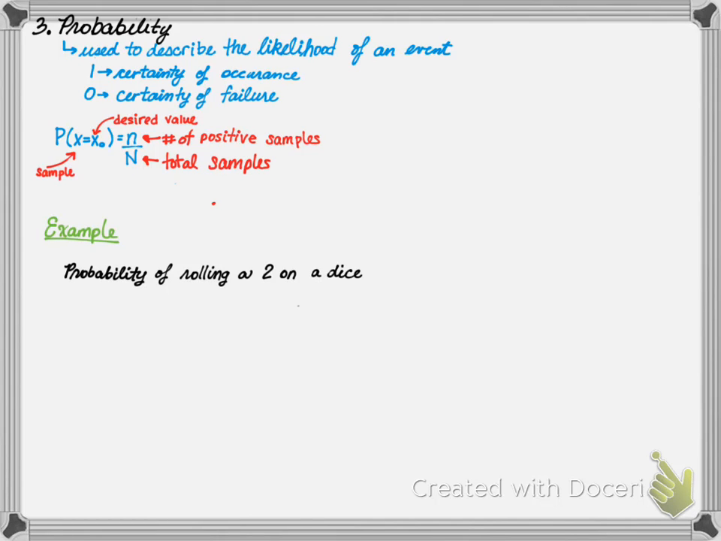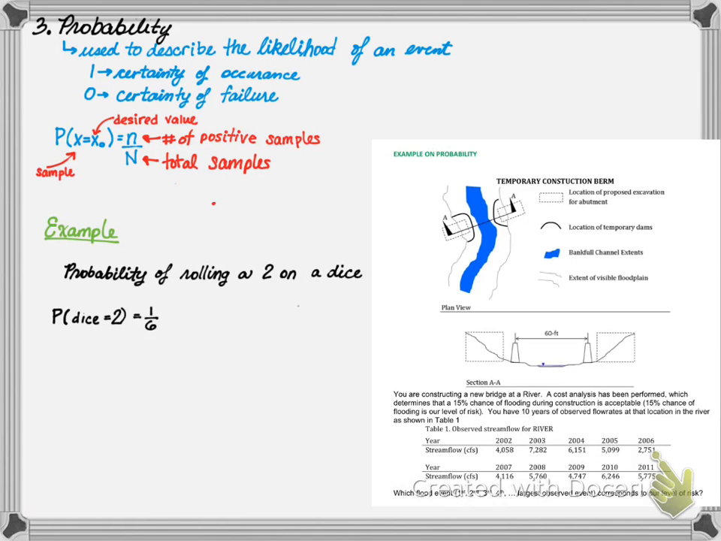So during class, we'll do other examples of probability, but let's look at this. I've got a dice, and I'm rolling it. What's the probability I'll get a 2? Well, there's 6 sides to a dice, so my big N is 6. The number 2 only appears once, so the probability of occurrence is 1 over 6. During lecture, we'll do this example of a temporary construction berm, and we'll evaluate what that probability